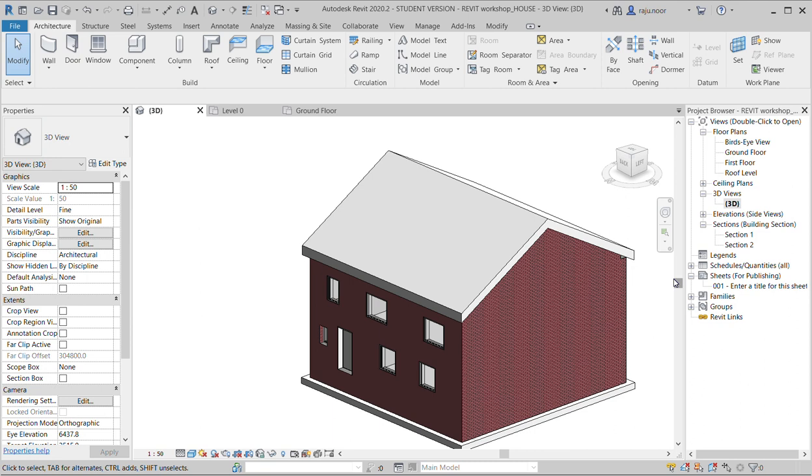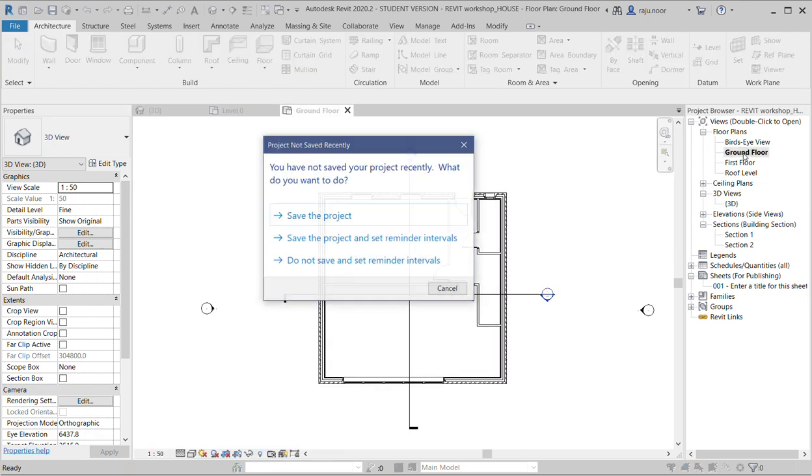Window, it's a component drawing that shows the various layers and annotates them, so that you can actually understand what's happening inside the wall at a more legible scale. Okay, so what we're going to do is create our detail, annotate it, and present it as a detail. Okay, so if I go to ground floor,